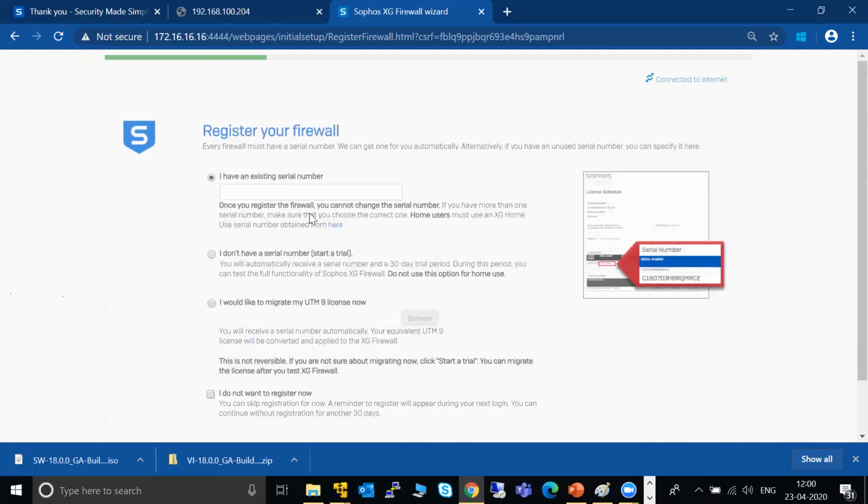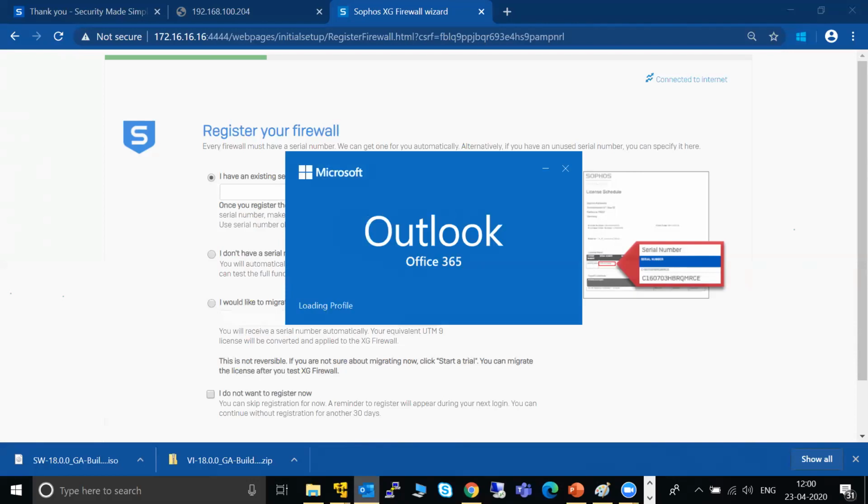So it says I have an existing serial number. If you download it through our XG portal, it actually gives you one serial number. Let's see whether I have received any mail from this. It should be there.